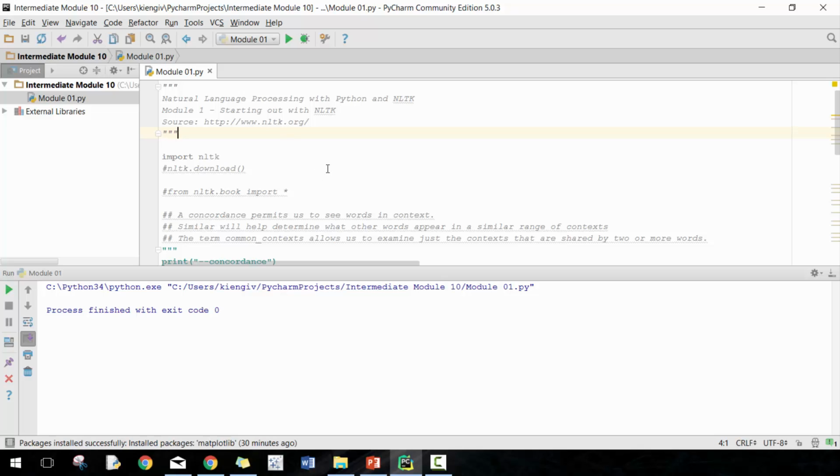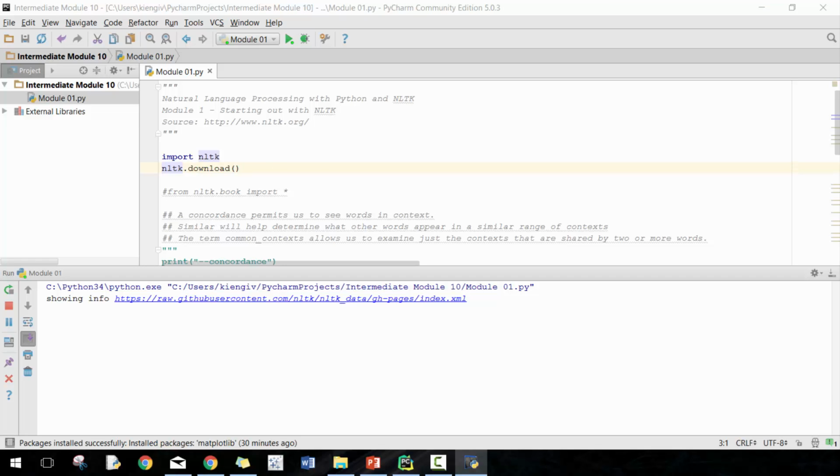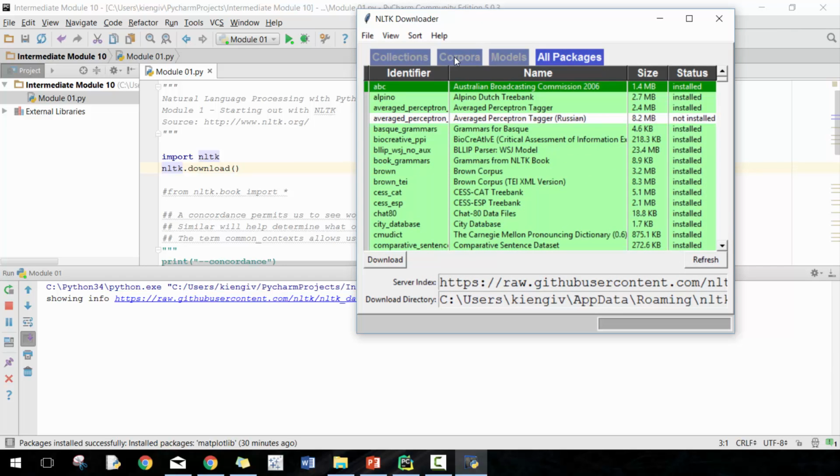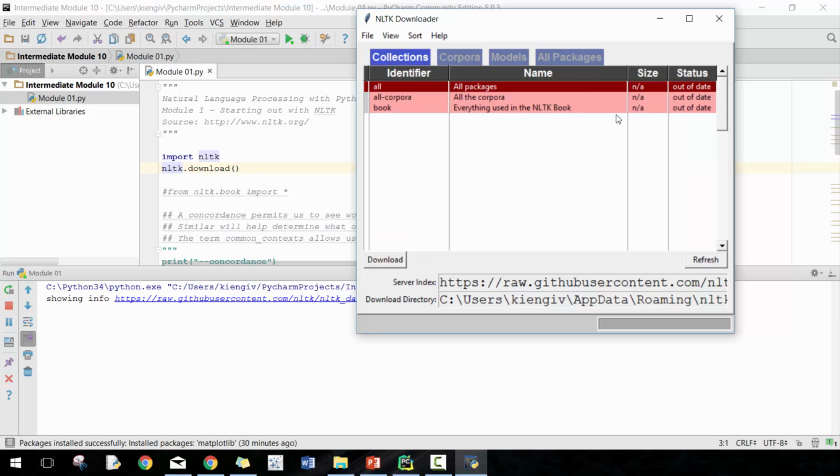In this case, we're using an IDE called PyCharm, which is my preferred IDE. Next, we're going to do nltk.download, open bracket, close bracket. What that will do is pop up a screen, which takes a little while, and show you the different corpora, models, and packages that you can download. In this case, mine are slightly out of date, but it's good enough for the lessons that we're showing. It does take a little while to install this, so I recommend that you give yourself sufficient time to install